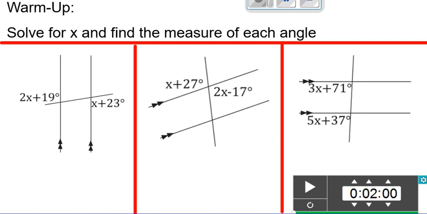All right, so if you were using your X's and O's system like we learned in the last unit, I could say these are both X's, which means since they're both an X, they have to be congruent to each other. So your equation looks like this. And then you can go ahead and solve for X. Same thing here. Those are vertical angles, so they should be set equal to each other. And finally,